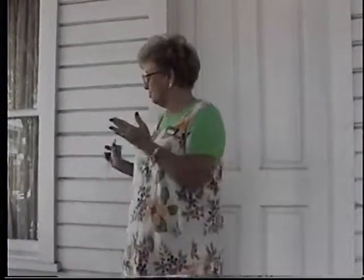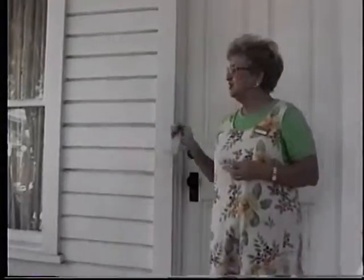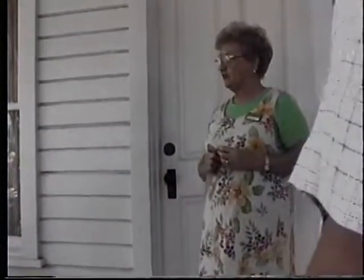And it is a shotgun house, and the reason they call it the shotgun house is because most of them had the door to one side in the front and in the back. And if you stood at the front door, you could shoot a shotgun down the hallway without hitting it. This one has the door off center in the front and in the back. All right. Now this one was brought, these three were brought over here 7 or 8 years ago, but